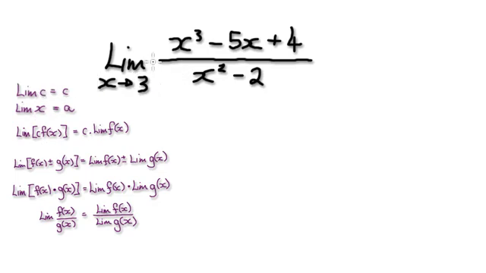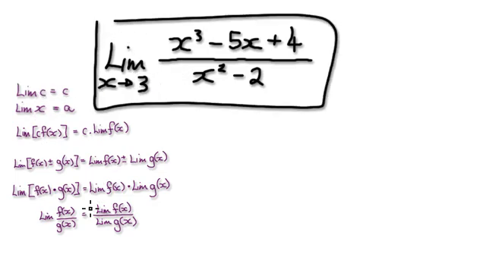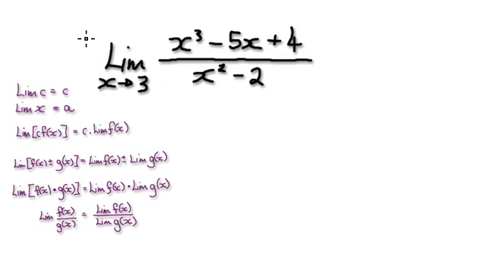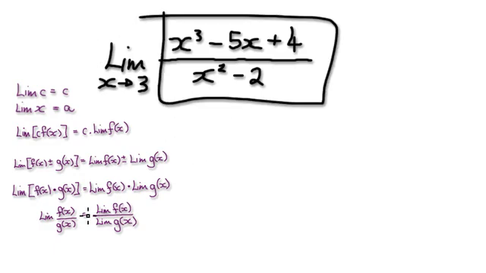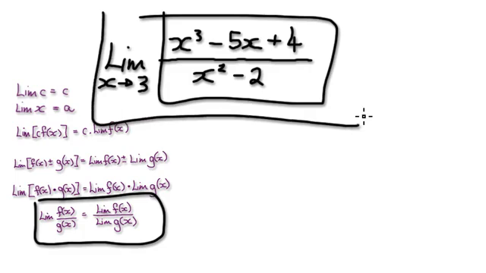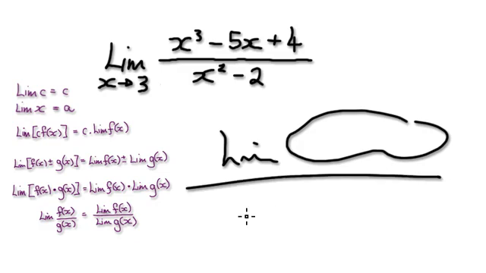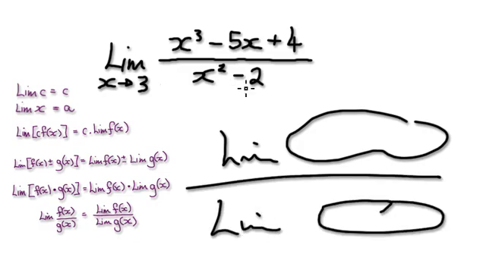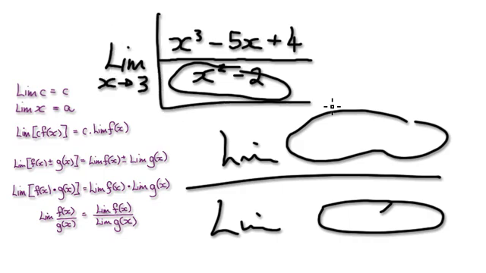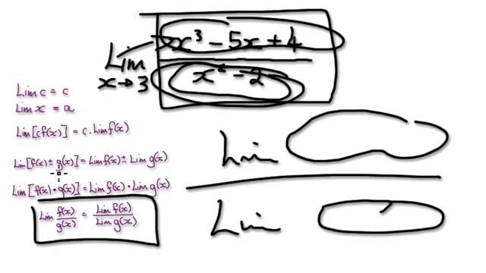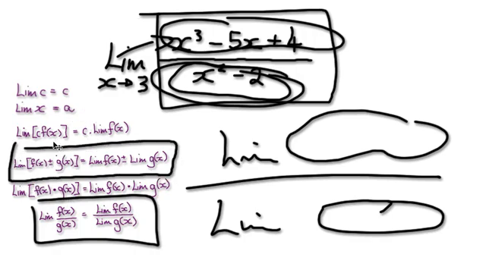Looking at this, you can use this law to break this up. Here you've got a limit of this complicated thing. By using this law, you can say the limit of this whole thing is the limit of the top divided by the limit of the bottom. So rather than looking at this collectively as a whole, you can break it up and say the limit of this divided by the limit of this. You can use this law, and then maybe you can use this law